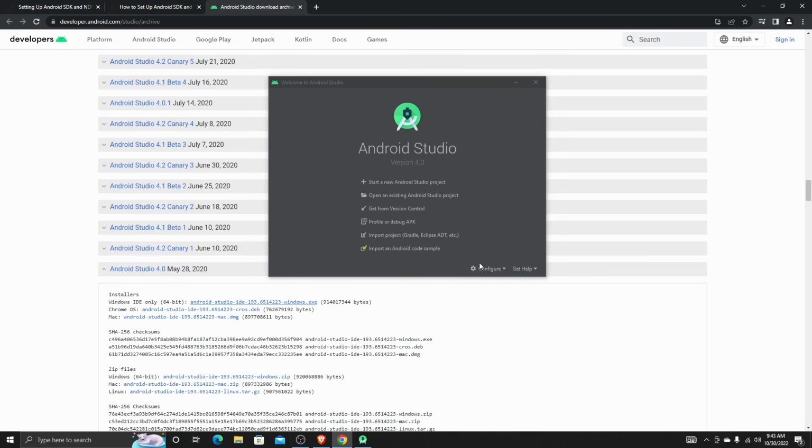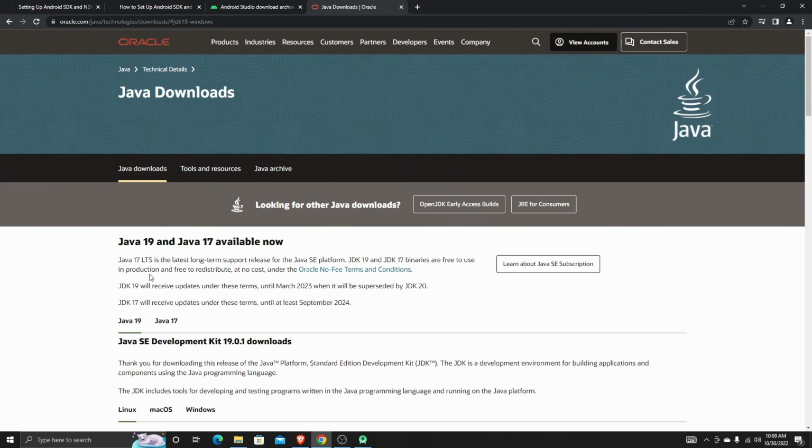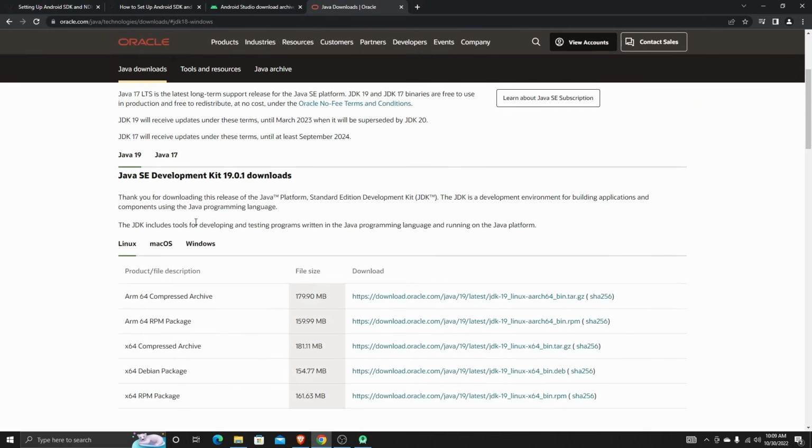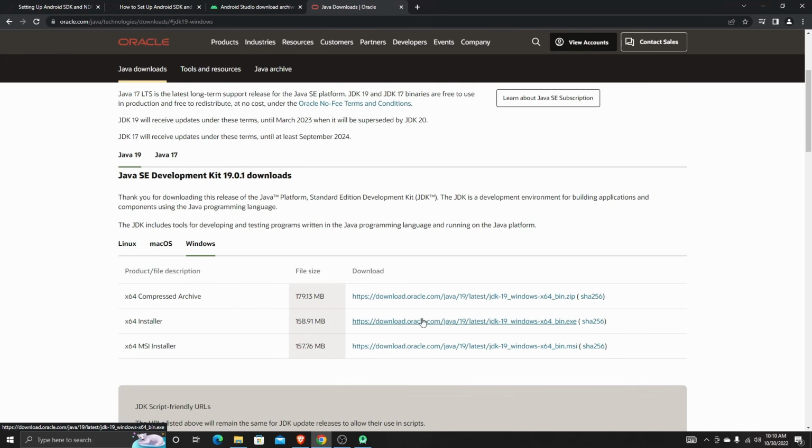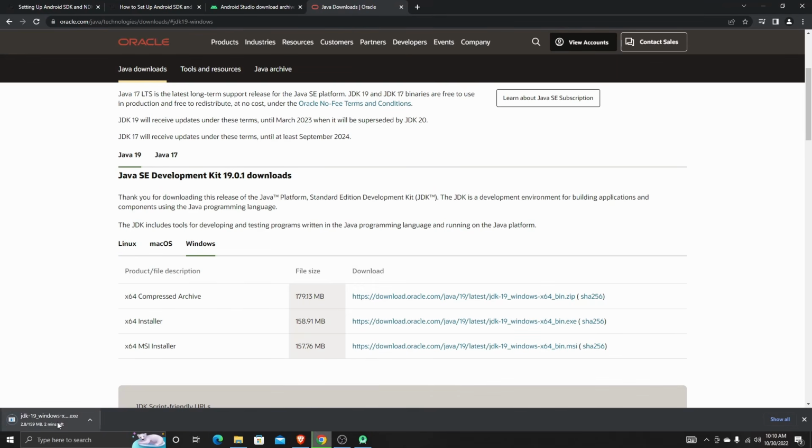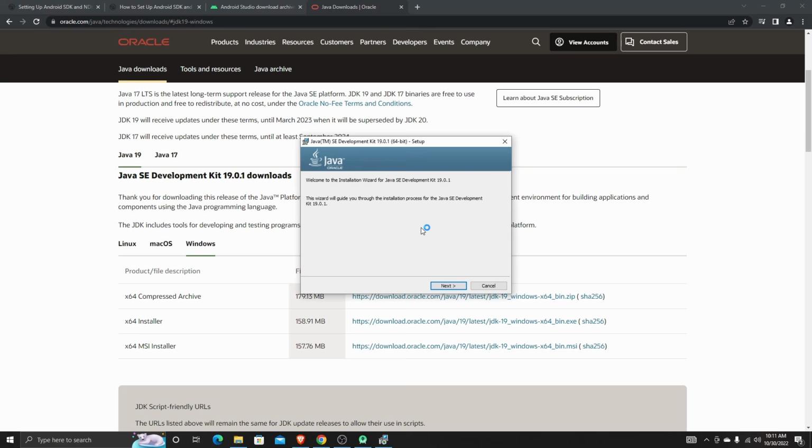Now we're gonna install the JRE development kit. Next, download the JRE19 Java development kit. Make sure to choose Windows and download the 64-bit installer. Obviously, once it downloads, open it. Next,